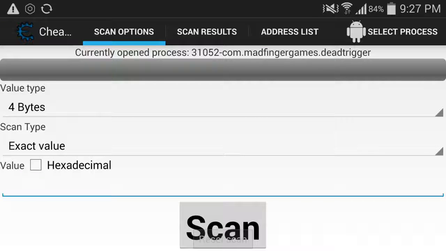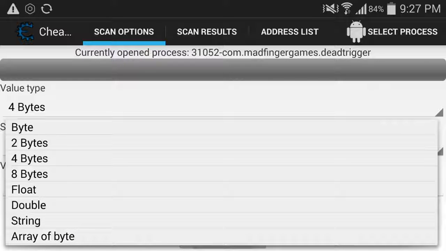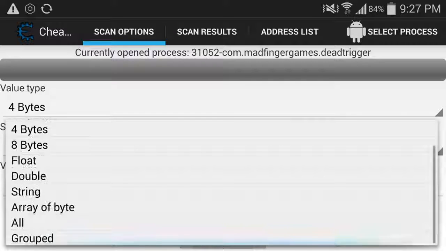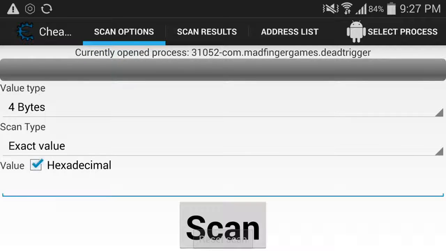And we have the value types, which is way different from Game Guardian and Game Hacker. And here we have byte, 2 bytes, 4 bytes, 8 bytes, float, double, string, and array of byte, and grouped. And we have hexadecimal,